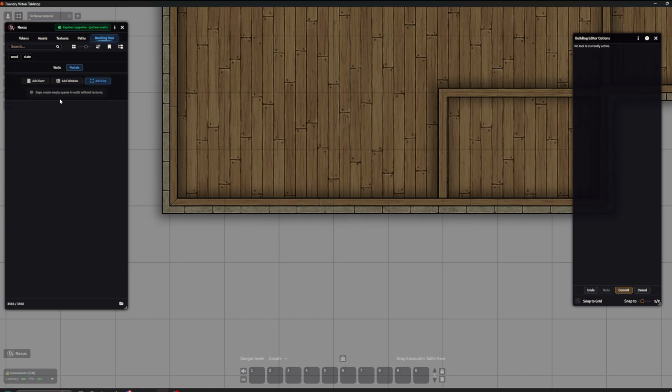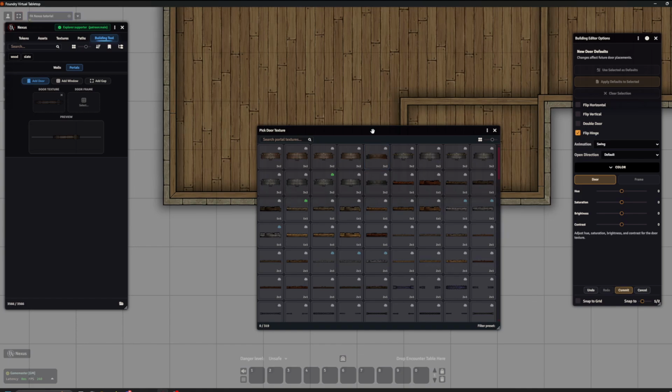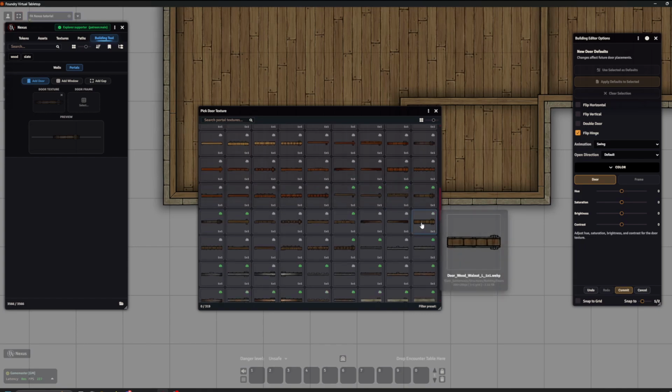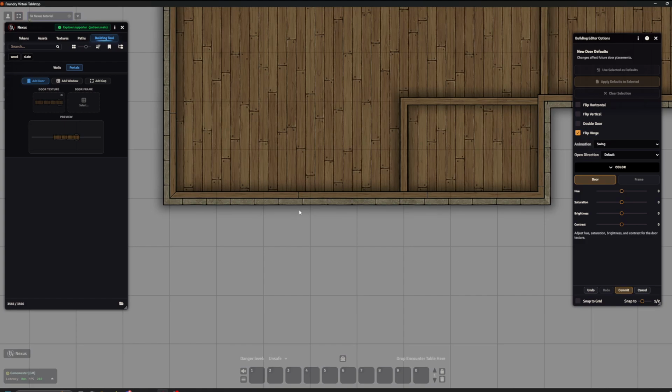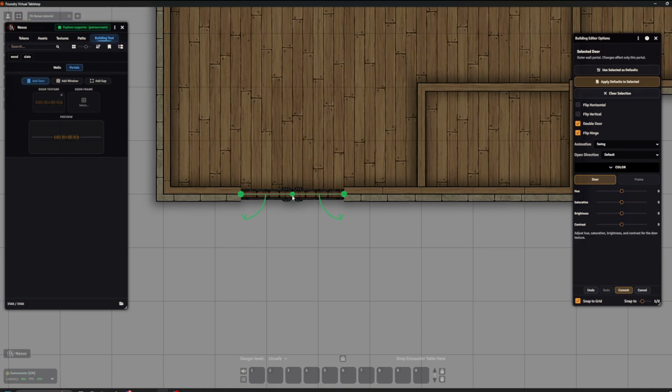But we'll delete that and we'll go to our door. And here we can just choose the door we want. We'll go with this one for the outside, and we'll make it a double door. So to do that, we'll place it in the building editor options for the portal. We'll click double door. We will bump this up to the side,